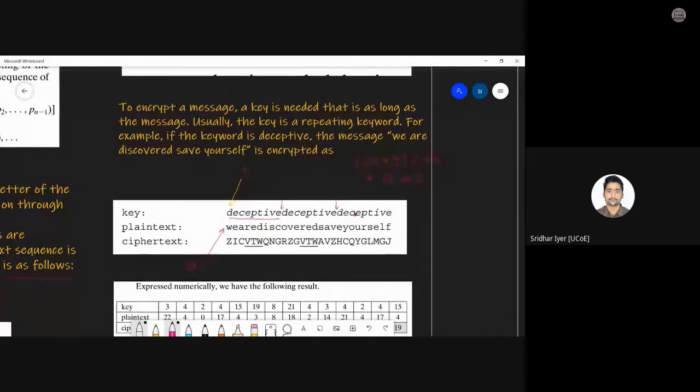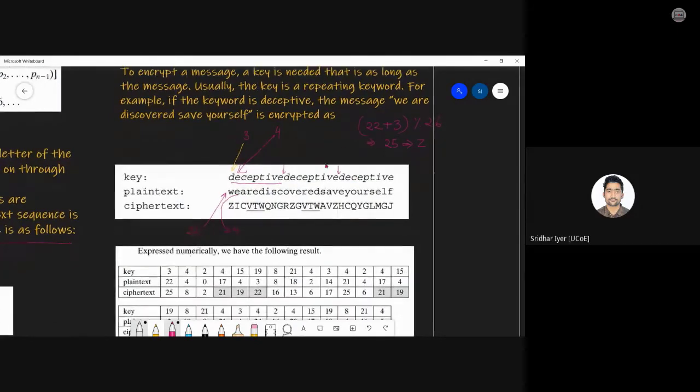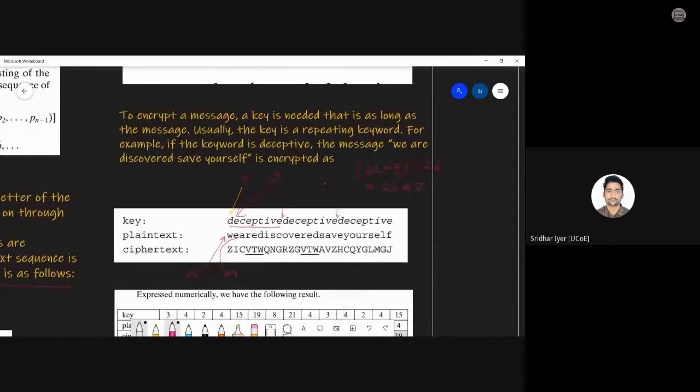If you see the next example, next character, it will be 4, right? And E is A, B, C, D, E. So I guess E will be 4. E will be 4. Both are same only. So it will be 4 plus 4, 8, mod 26. So we'll get 8. Right? What is 8? 8 stands for I. So in the same fashion, you have to keep on continuing this example until we get to the end of the key as well as plain text.